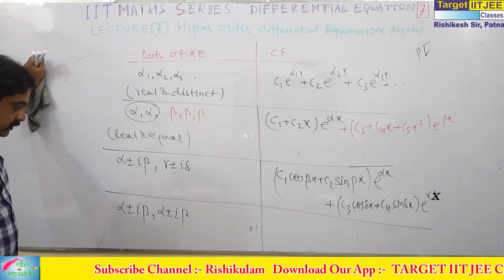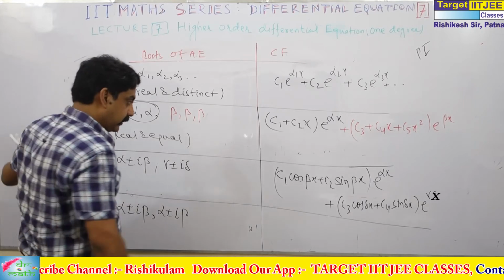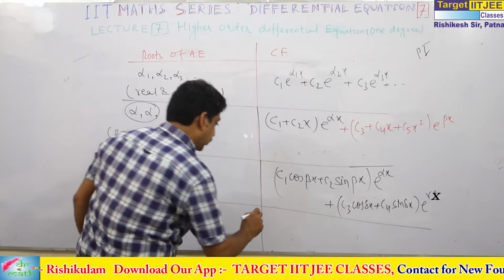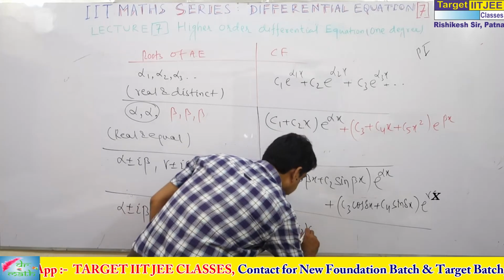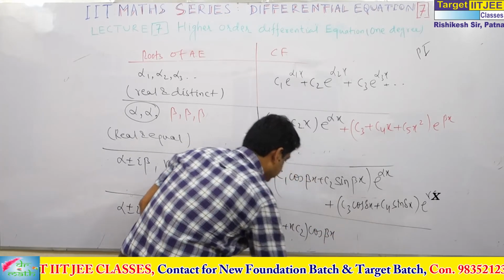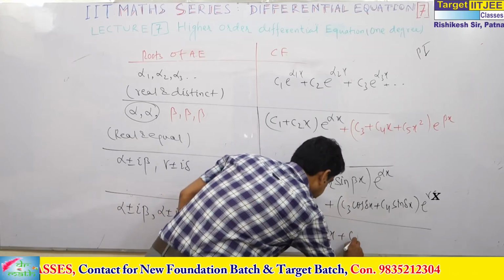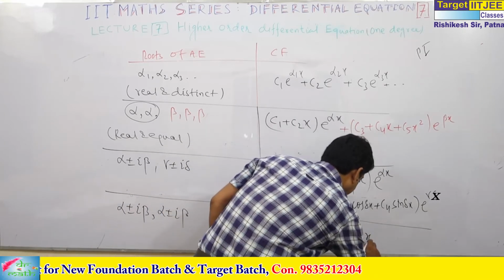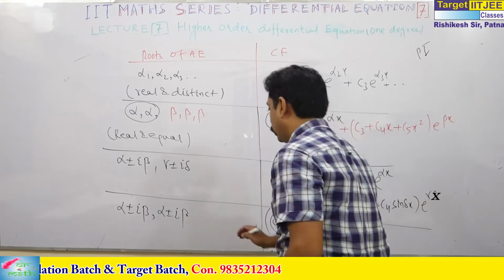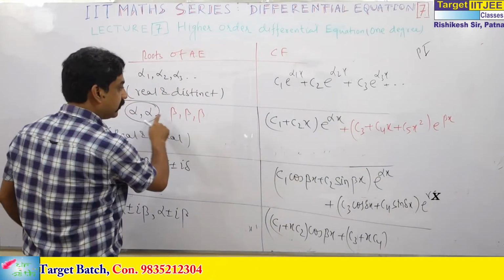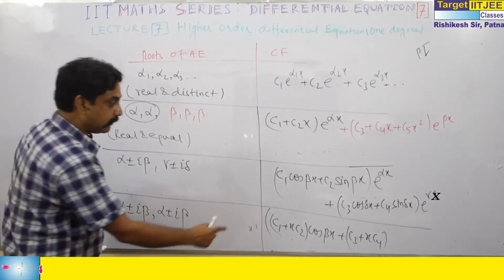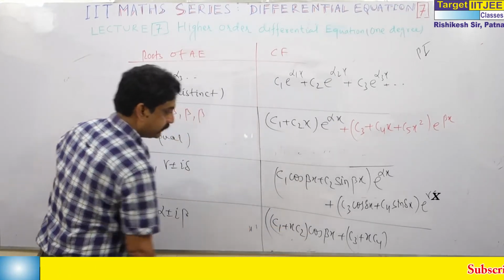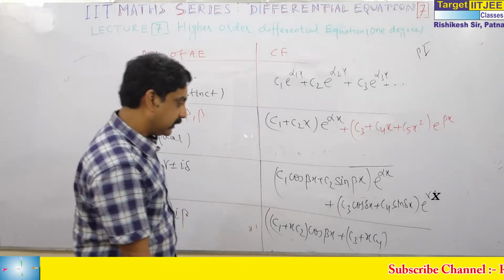So, this will be C1 plus x C2 cos beta x. Follow the same pattern, C3 plus x C4. Since there are two alpha and alpha, what we had? C1 plus C2x, just like this. With cos beta x, we have to multiply it up. Then again C3 plus x C4